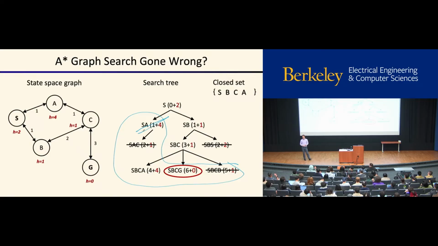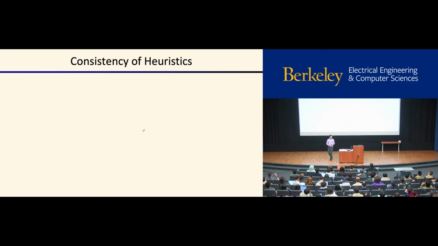Yeah. It's not the best route. I thought A star is supposed to give us optimal plans. What the heck? So why did this happen? The idea of an admissible heuristic was that we always want to be underestimating the true costs. And now that we've added this graph search thing, now that we've added routes that can go in different directions, and now we're taking nodes out of consideration because we have this closed set,